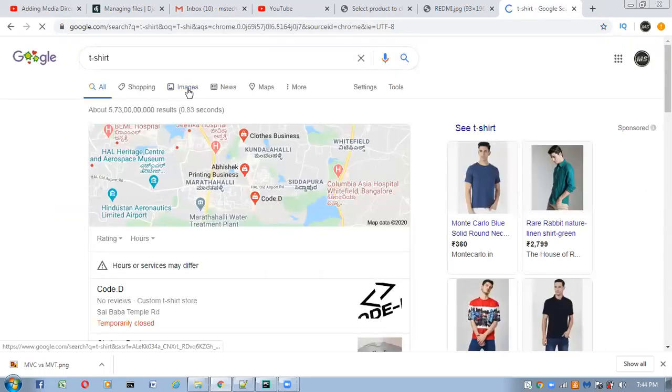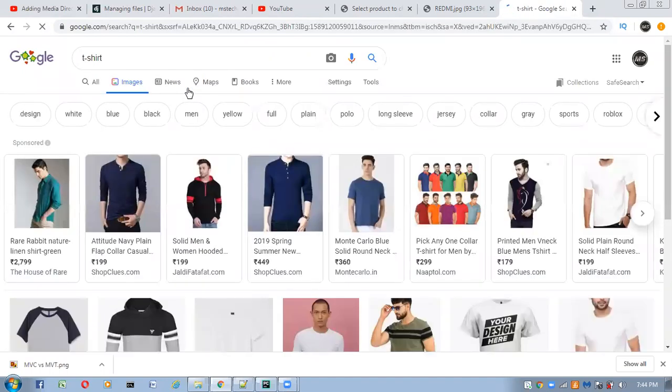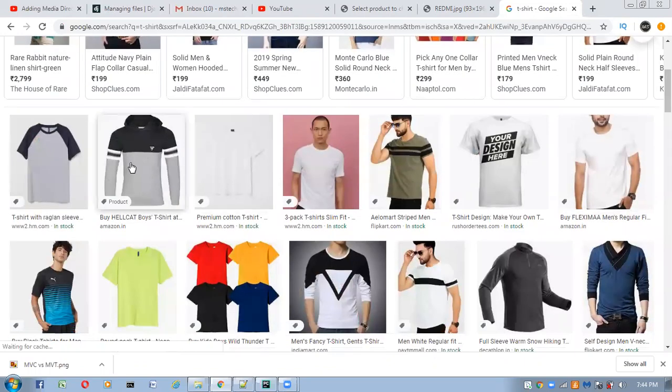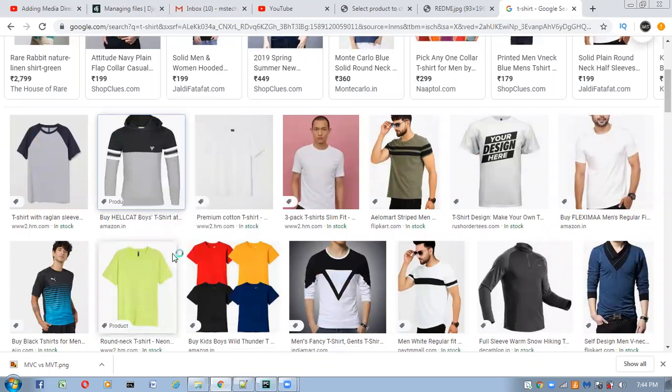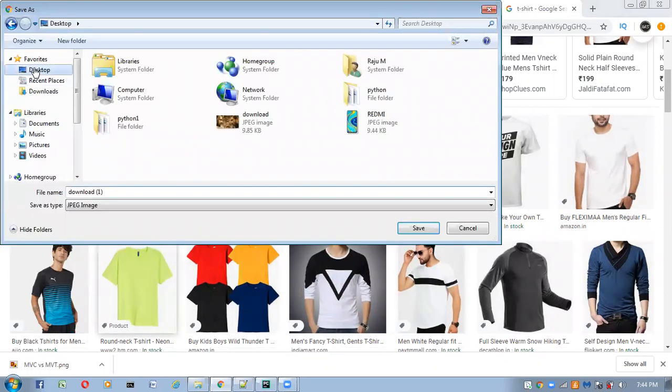If you search for any images, you can see the images like this. Save image. I'm saving it on the desktop, and I will give the name t-shirt.